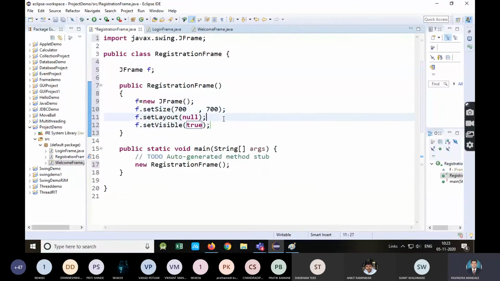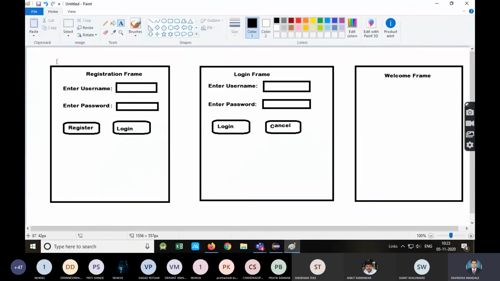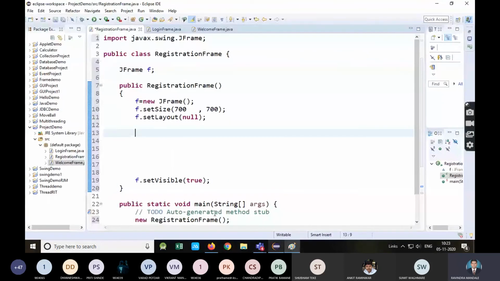Now we require one central label. See this label, registration frame. So I will add that. JLabel L1 I will right now give, but in actual software L1 is not recommended. There should be a standard. We already saw that.